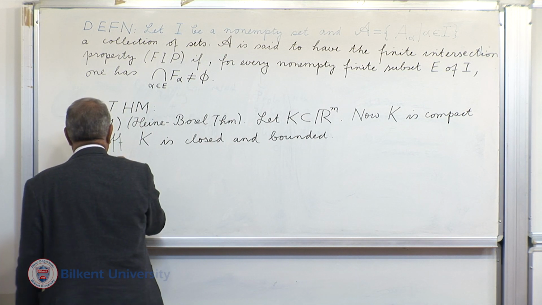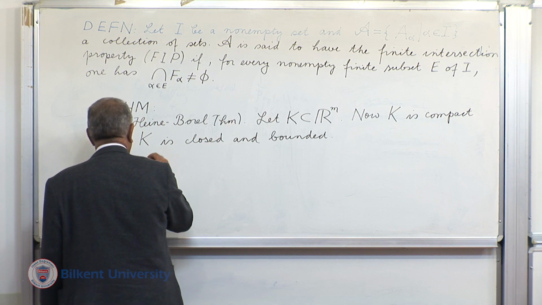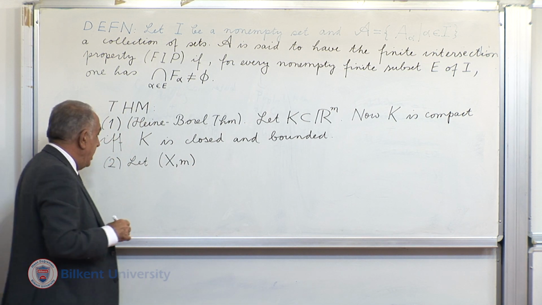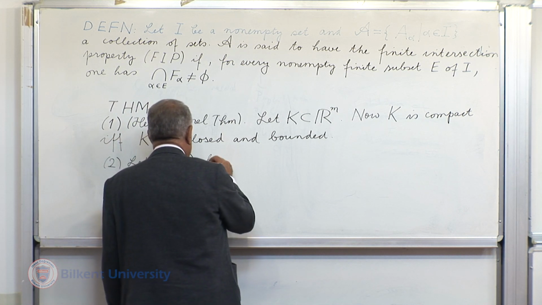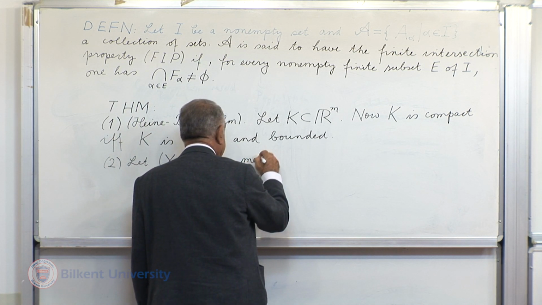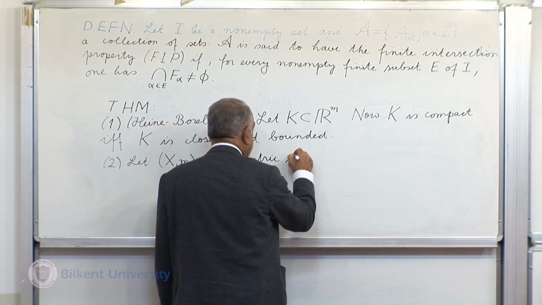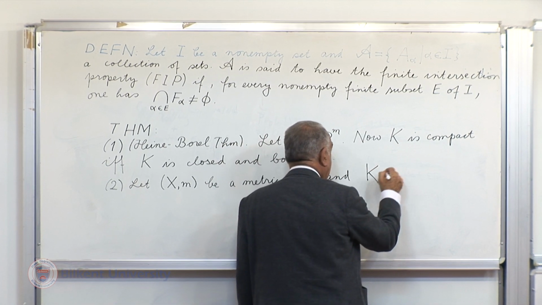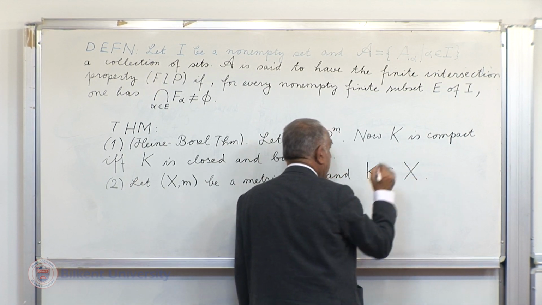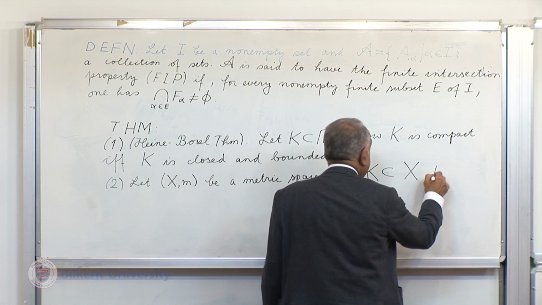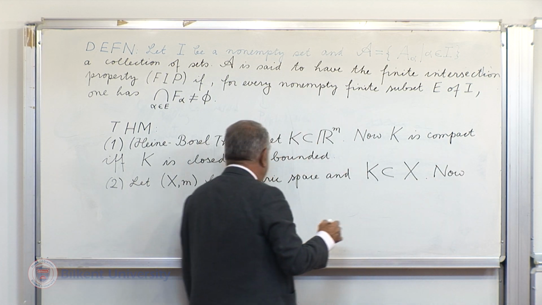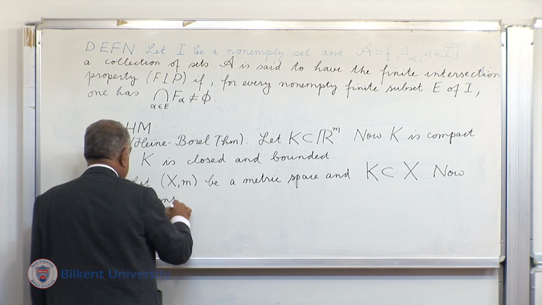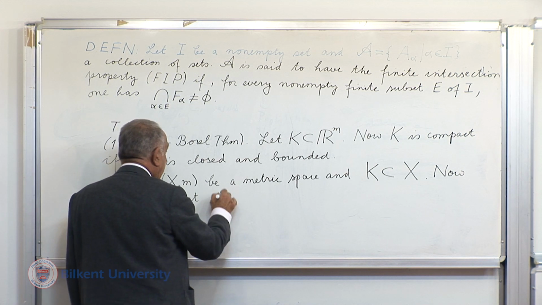The second level will have a general metric space. Let (X, m) be a metric space, and K a subset of that. Now, K is compact if and only if